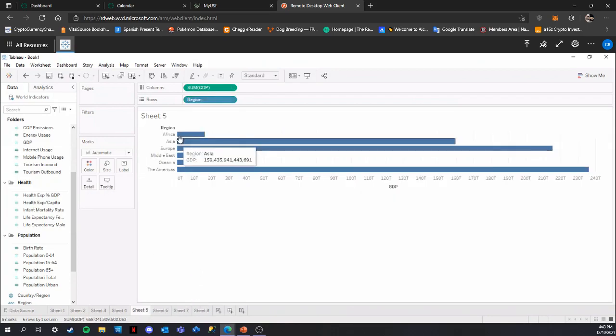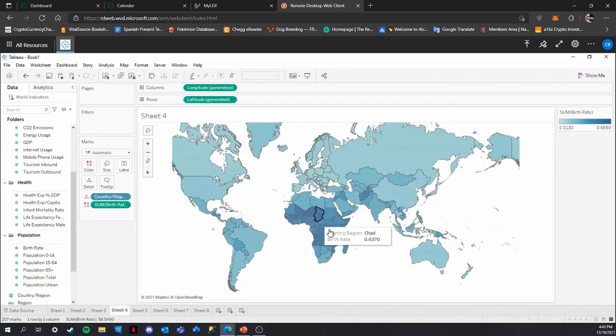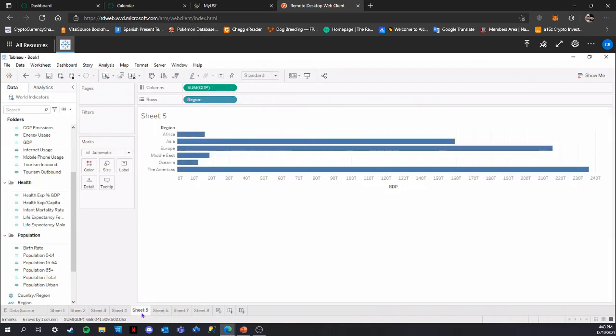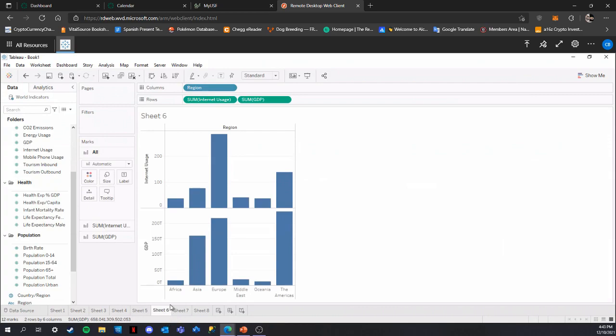Now if we go to 5, this is GDP per region. You can see the Americas have the highest GDP. Africa has one of the lowest GDPs besides Oceania, but that should be adjusted for population, considering Africa's population is much higher than Oceania. And if I go back to birth rate, you can see that the region Africa has one of the highest birth rates, whereas their GDP is one of the lowest compared to everyone else. And then if you have